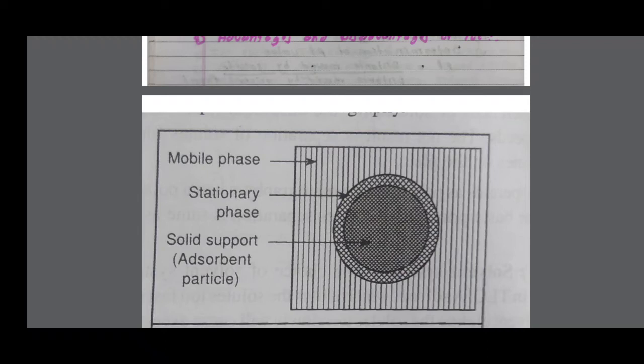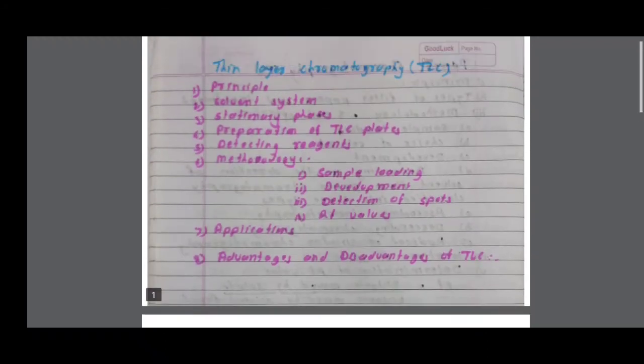Then after the stationary phase, we see the preparation of the TLC plate, meaning how the TLC plate is made. TLC plates of the required layer thickness and size are prepared to suit the purpose of separation. Generally a layer of 0.25 mm thickness is suitable. To help binding of the adsorbent to the glass surface, a binder, calcium sulfate, is always used. The adsorbent and binder slurry prepared in water is uniformly spread over the glass plate, either manually or using an applicator.